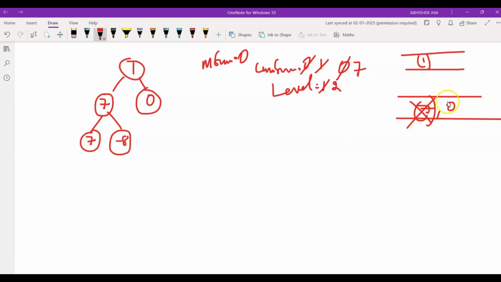Again we'll take the next value, that is 0. We'll add this to our current sum. So current sum remains same, that is 7. And since we have computed the sum of all the values at this particular level, we'll now compare this current sum with our maximum sum. So here current sum is greater than maximum sum, so we'll update our maximum sum from 0 to 7. So now we have completed our computation for level 2, so we'll increment our level variable from 2 to 3,